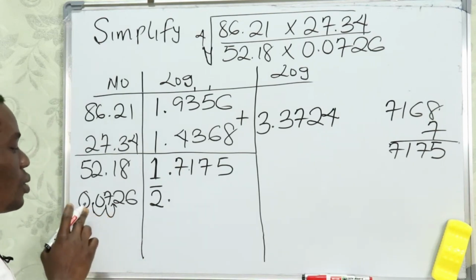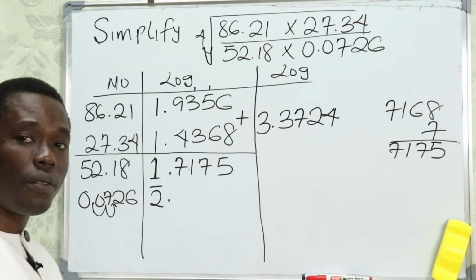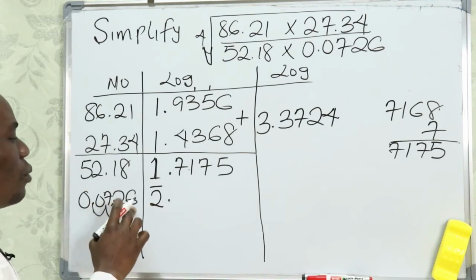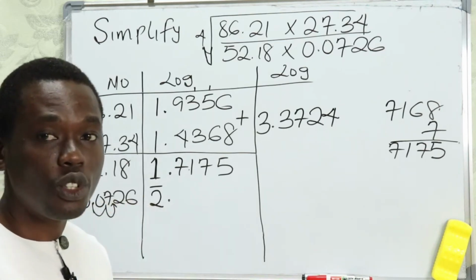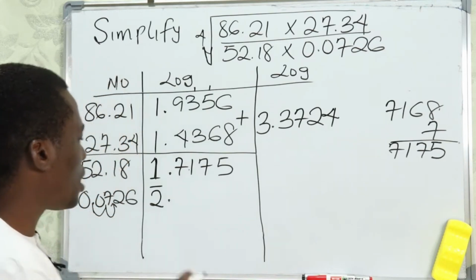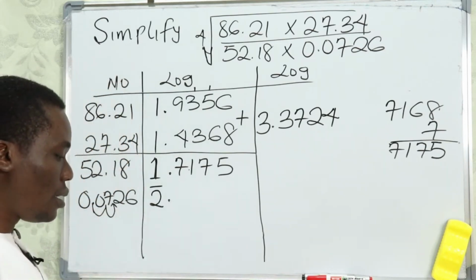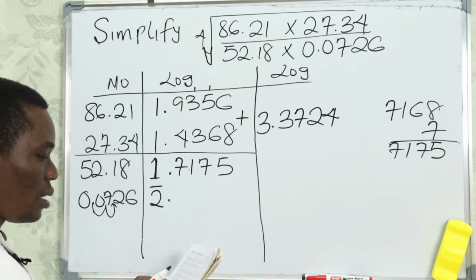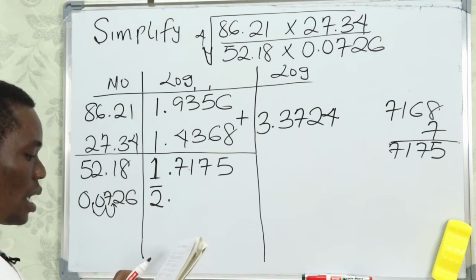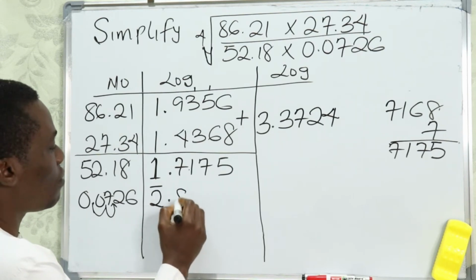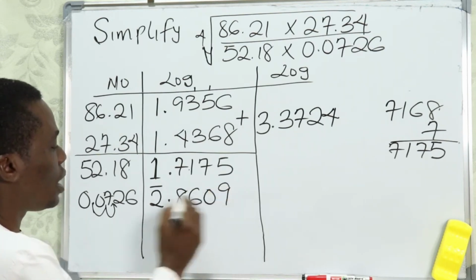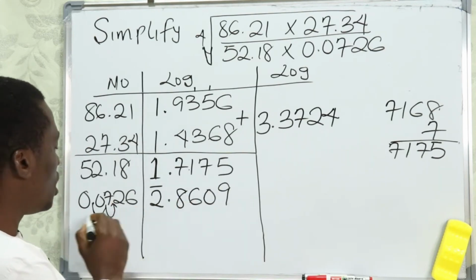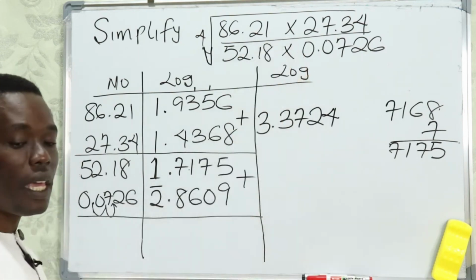The next one now, because the logarithm of numbers starts from 10, so we are going to look at 72 under 6. This time around there is going to be no difference. Now let's look at 72 under 6. 72 under 6 is going to give us 8609. So we have 8609. There is no difference. So the next thing we'll do is to add this value, because they are being held with